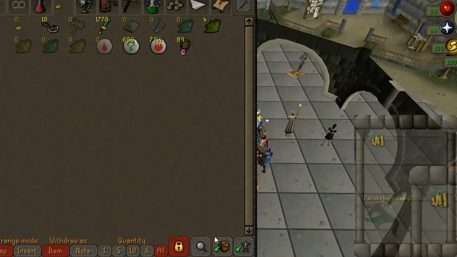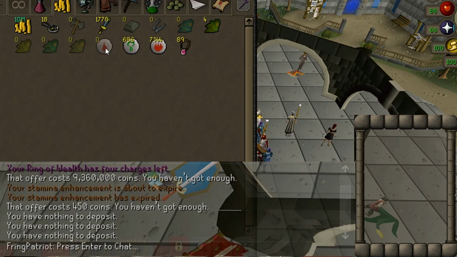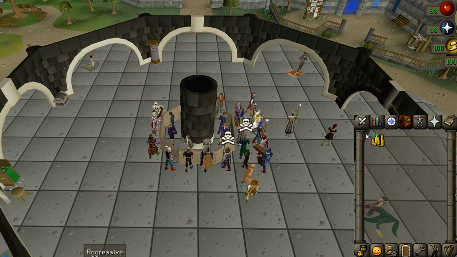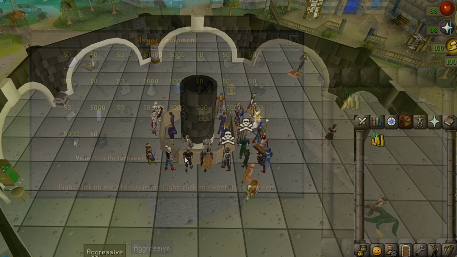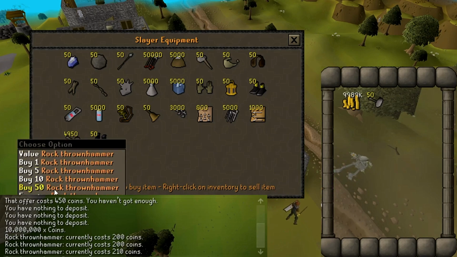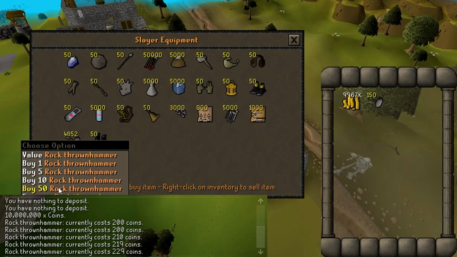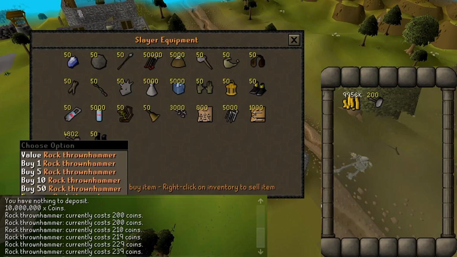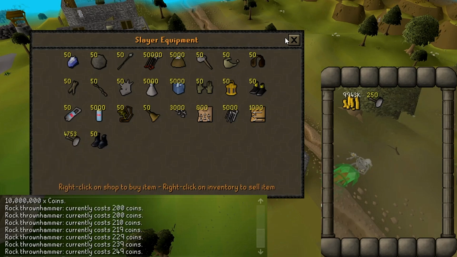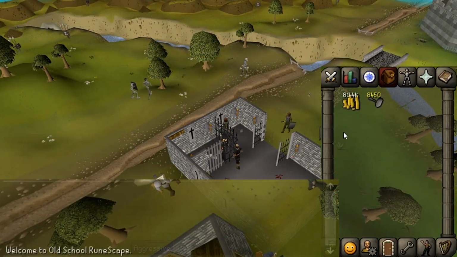Next, we are going to go over a method that is very much so market dependent. It requires some gold to start, but before you even do anything, you need to check the margins first. This is buying rock throne hammers from Slayer Masters. If the margin is right on these, you can make some insane money doing this. Starting with exactly 10 million gold, I spent only 10 minutes hopping worlds, trading a Slayer Master, and I spent a total of